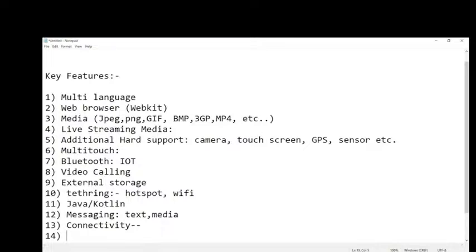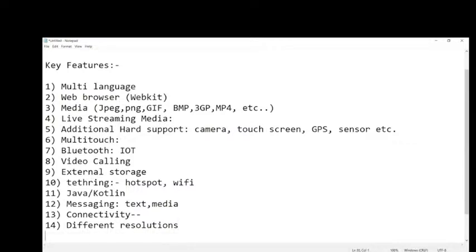The next is, we have almost covered multi-touch, multi-language, and different resolutions. How do different resolutions work? I can build an application for mobile, also for a watch, also for TV.